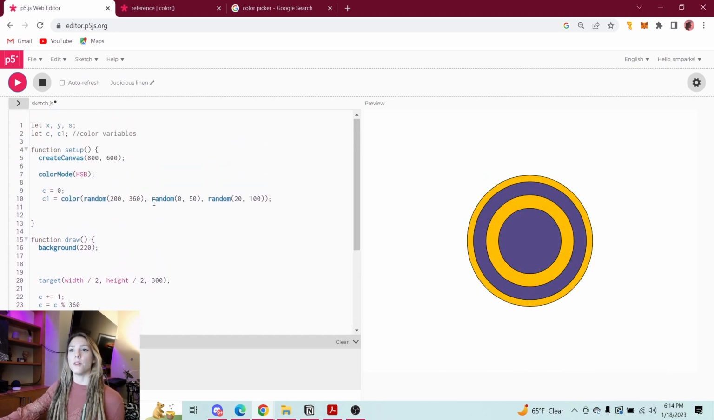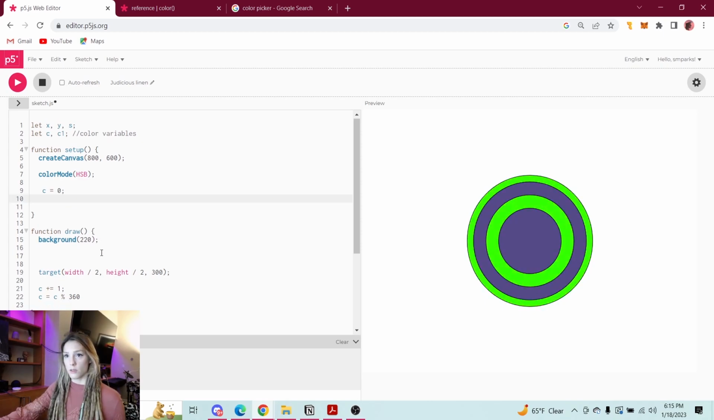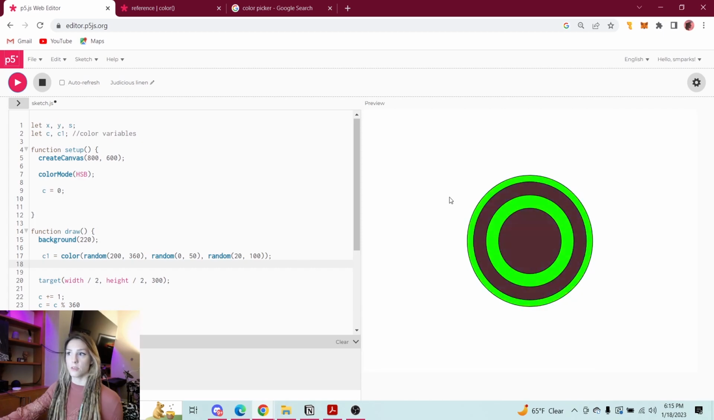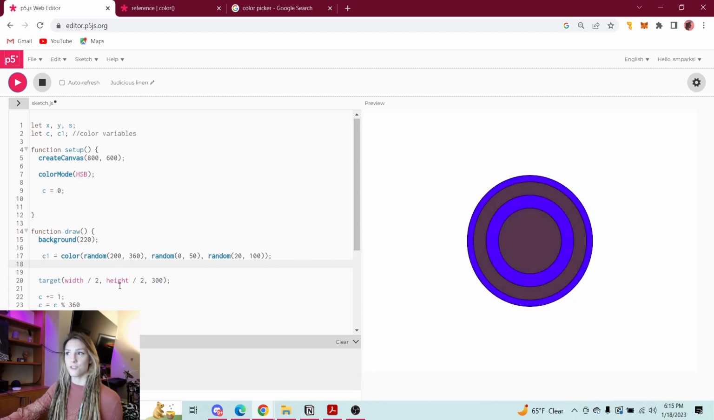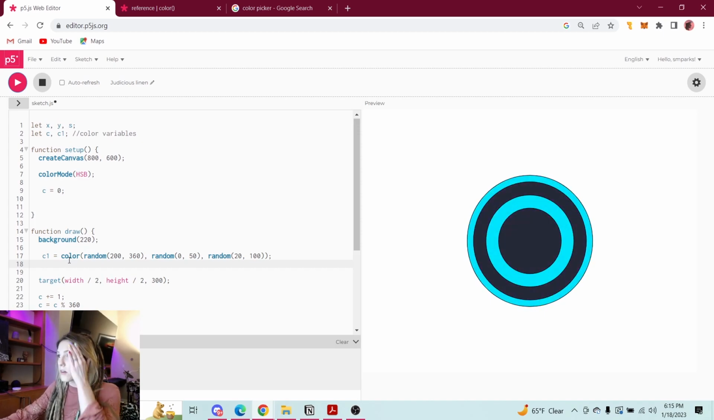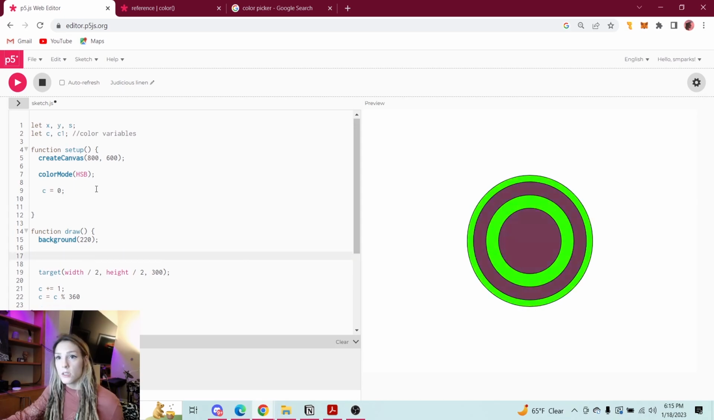And then we could bring the C1 down here, and if we want it to like constantly shift and go wild. Cool, so like y'all can play with that a little bit, but for now let's move on to